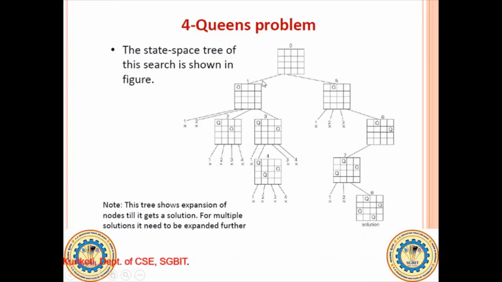So here is the chessboard. Now let us take the first queen and place it in the first row and first column. This is how we are looking into the solution. This is our first solution started. We have started constructing the solution where we have considered queen 1 and placed it in the first row and first column. Then we have to proceed to place queen 2. As queen 1 is already placed in the first row and first column, let us see where we can place queen 2.